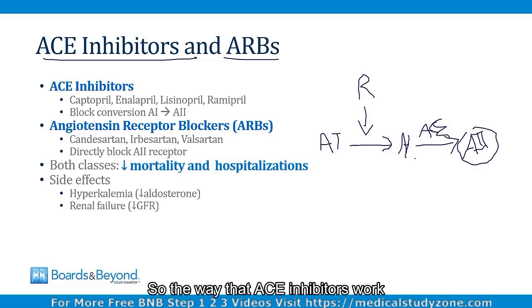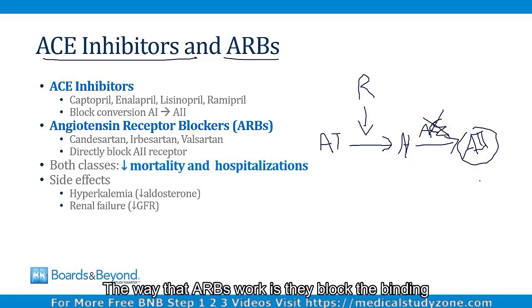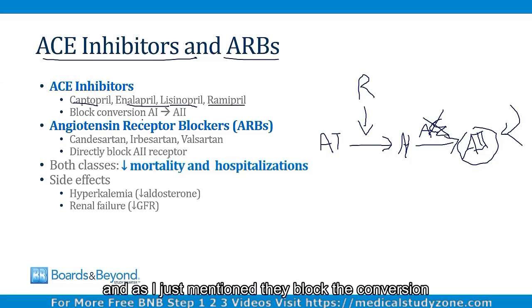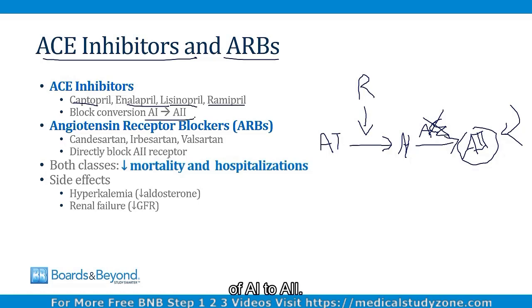So the way that ACE inhibitors work is they blunt the ACE enzyme. The way that ARBs work is they block the binding of angiotensin 2 to its receptors. ACE inhibitors have names that all end in pril, like captopril, enalapril, lisinopril, or ramipril. And as I just mentioned, they block the conversion of A1 to A2. Angiotensin receptor blockers all have names that end in sartan, like candesartan, irbesartan, or valsartan, and they directly block the